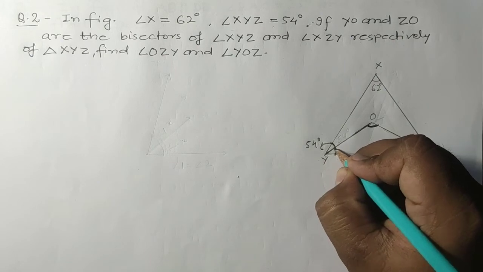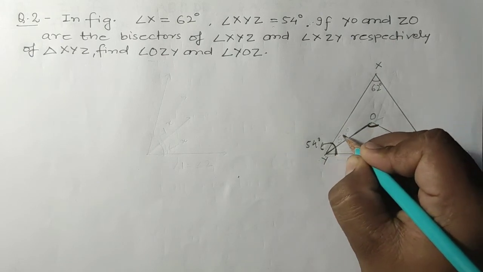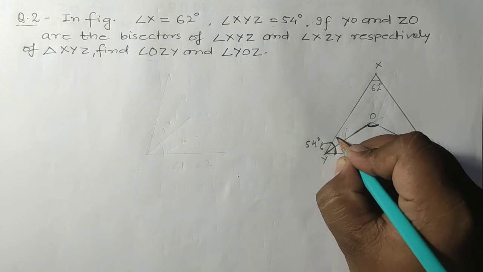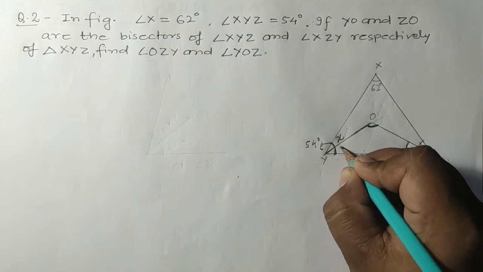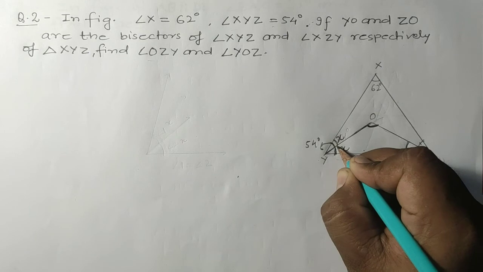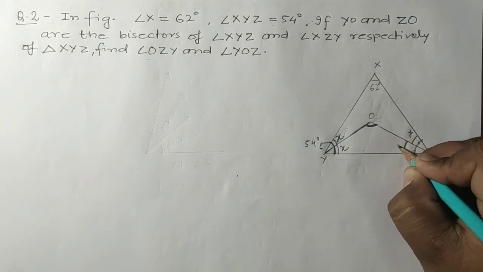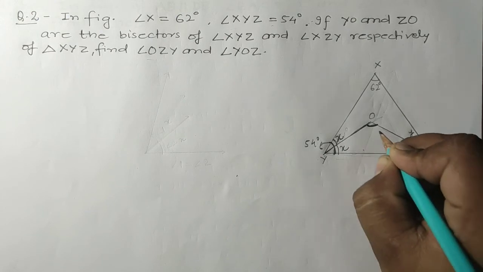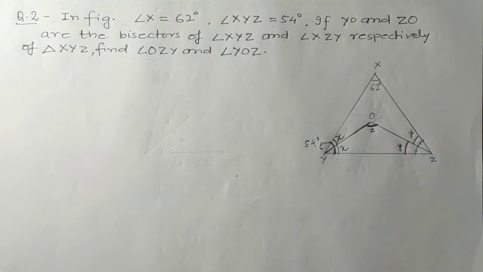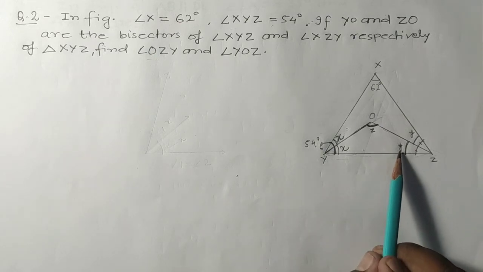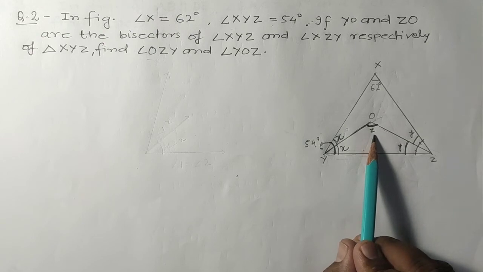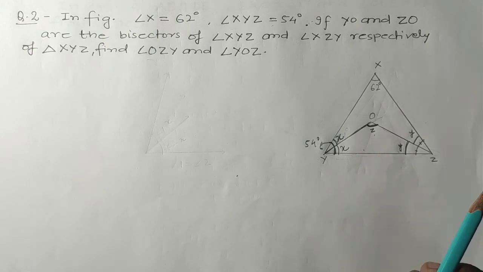So students, as I have told you, YO is the bisector of this angle. Whatever angle is formed here will be the same here also, meaning if this is angle X, then this will also be X. If this is Y, then it will also be Y. And suppose it is angle Z. Okay, for our convenience I have given the names. So now students, we have to find the value of y and the value of z. How will we find it? Let us see.